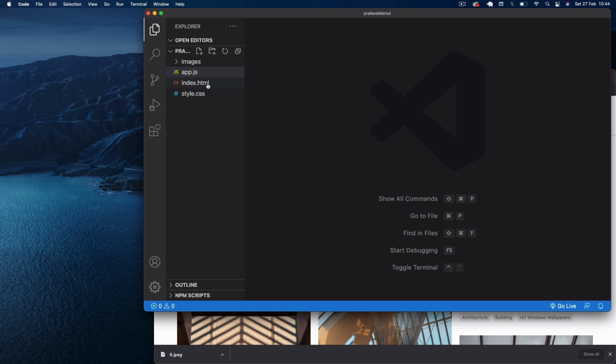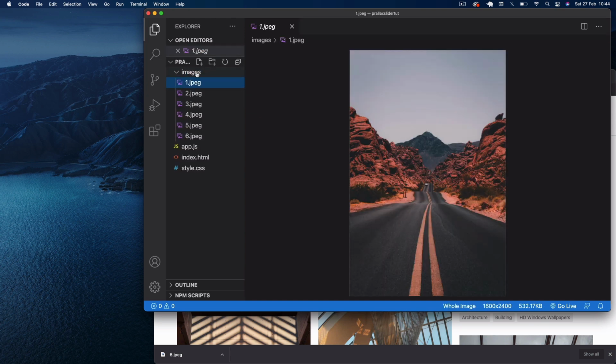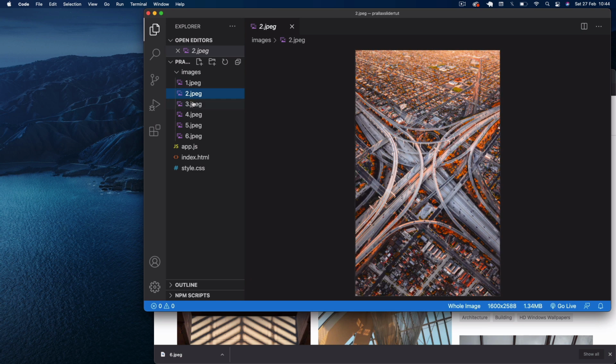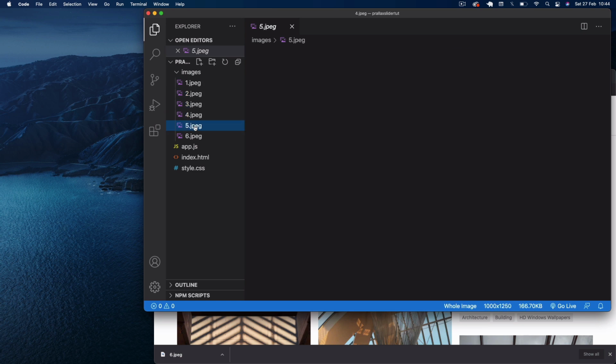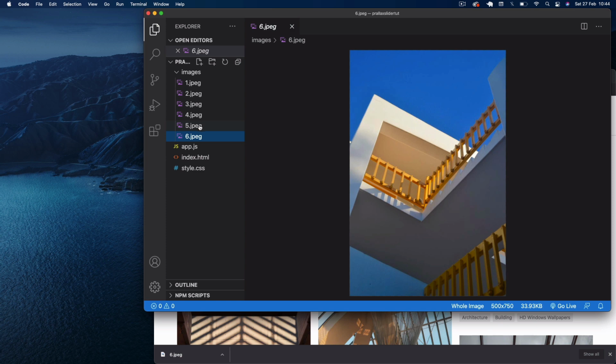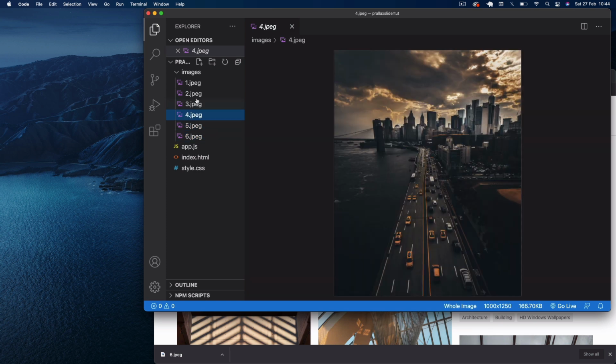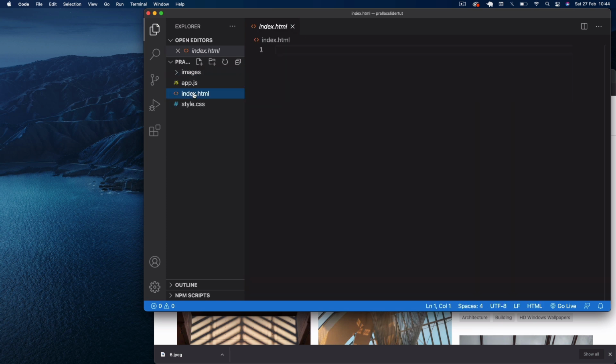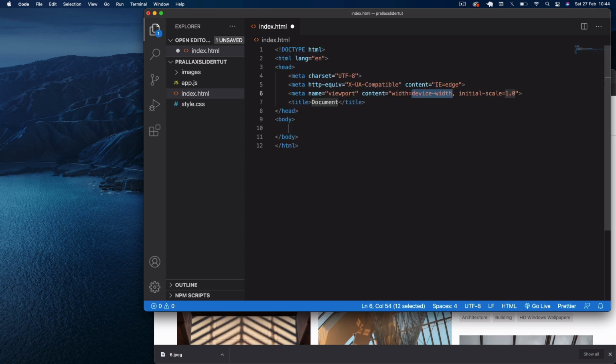Okay, guys, so as always, to get started with a project, I've just got the usual index.html file, a style.css file, and an app.js file, and I have the usual images folder here, just containing a bunch of random images from unsplash.com. I've just gone with a bunch of random images I can find, really, no specific theme or anything like that. Okay, so if we go into our index.html, get the boilerplate up and running,